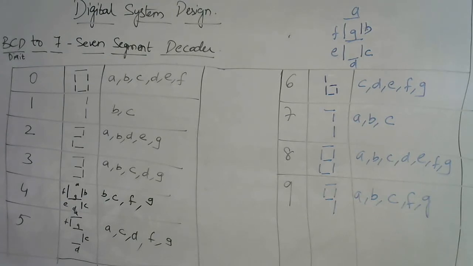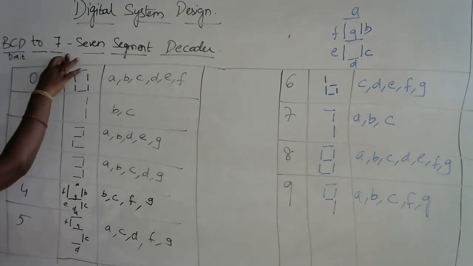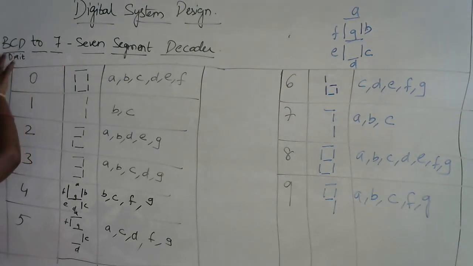So here from this statement we know that the input is a BCD and the output is a 7 segment. Valid BCD numbers are 0 to 9. The maximum value 9 needs 4 digits. So the number of inputs required for this BCD is 4 inputs. And as it is a 7 segment display, the outputs are 7 outputs. So the outputs are 7, inputs are 4. From that we need to write down a truth table.